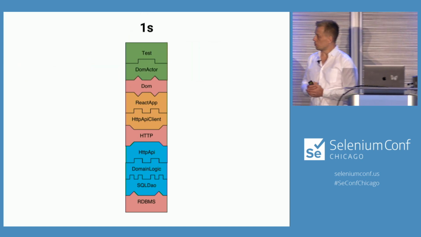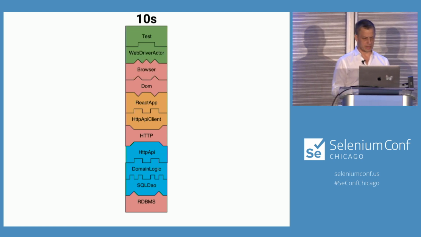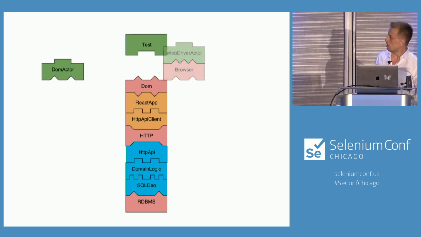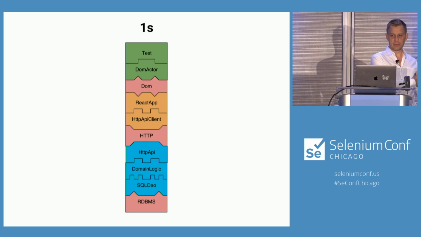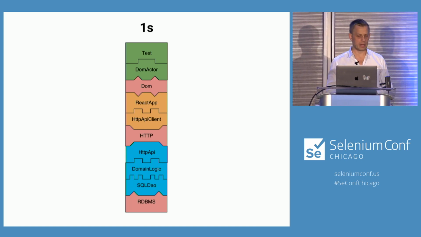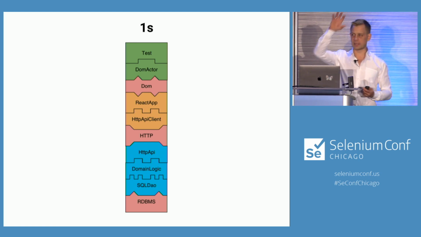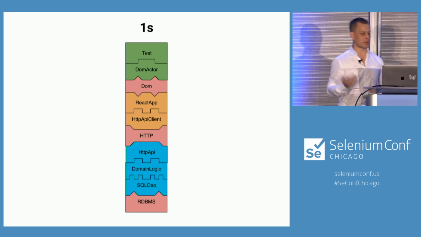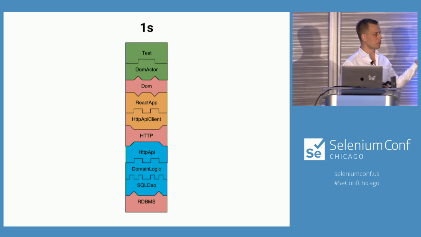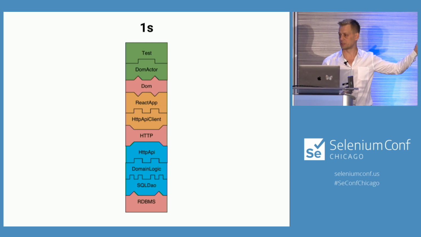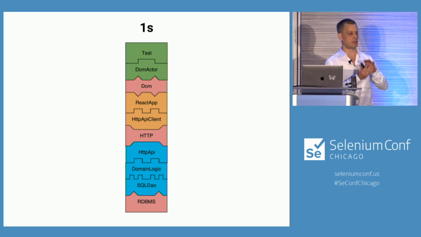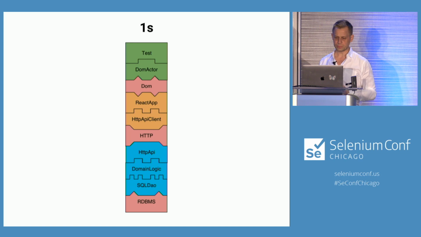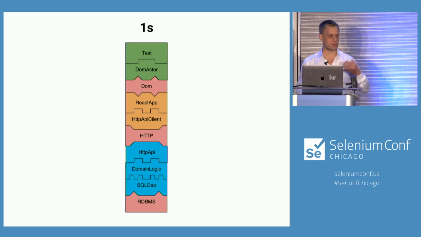Okay. So what I did now was I removed the Selenium bit and the browser bit. And I plugged in another Lego, which has the same interface at the top and the bottom, and I can run my test again. So my test is now a lot quicker. Now it just takes 1 second rather than 10 seconds because I removed the slowest bit of the system. But we can do better than that. So once we do that, we discover the next bottleneck. Well, where is it going to be slow now? Well, let's try and remove some more stuff.